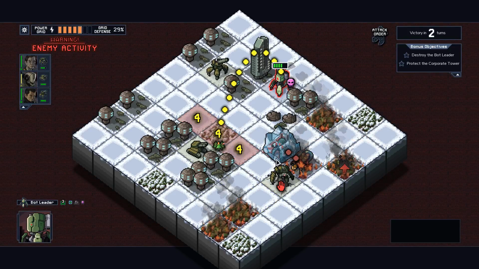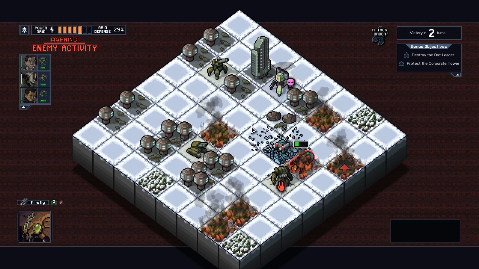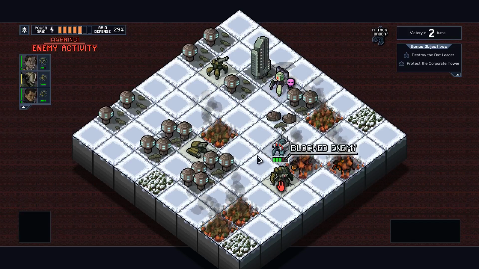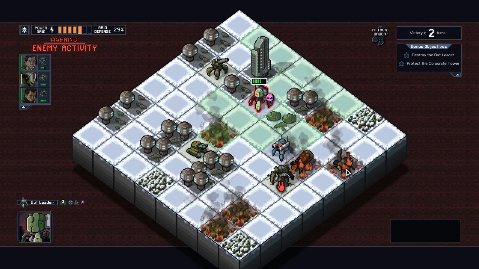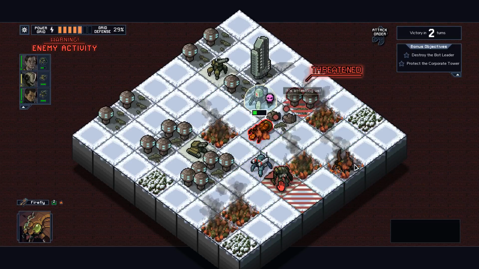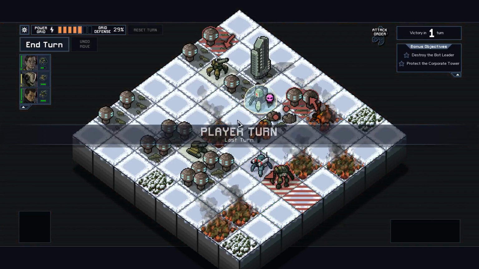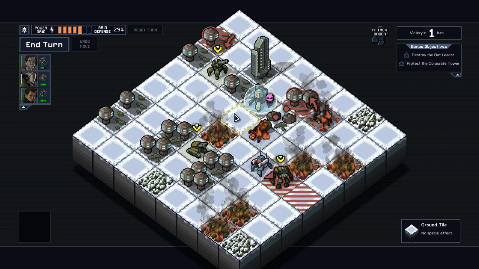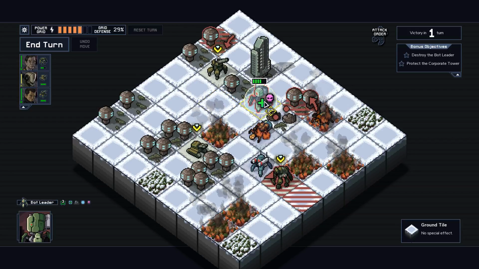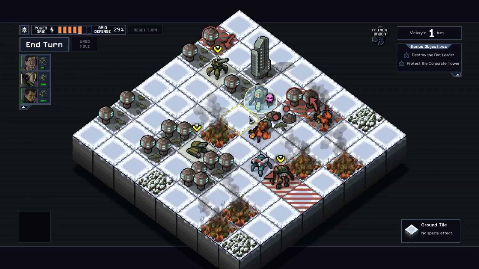Fire damage. You set the thing on fire. Now this thing is free. We've blocked an enemy, this thing has spawned. Bot leader dropped the shield. If I want to kill bot leader... okay. Final turn. If I want to kill bot leader right now, he will take...